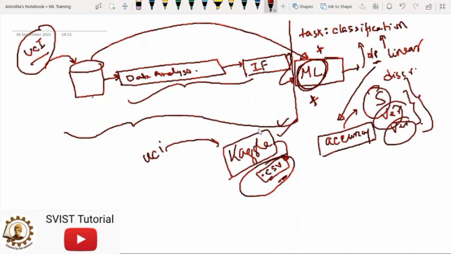Go and type Kaggle. In Kaggle, you have one search option. So you just search any data name. If you have no idea, then search all the data. You will find the CSV file. Top left, download as CSV, it will be written. So accessing data from Kaggle is easier. At that point of time, you need no data processing. So it's a shortcut trick.